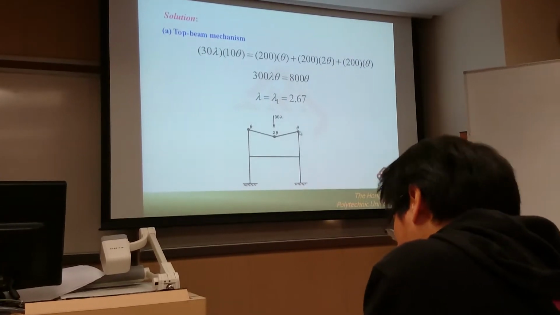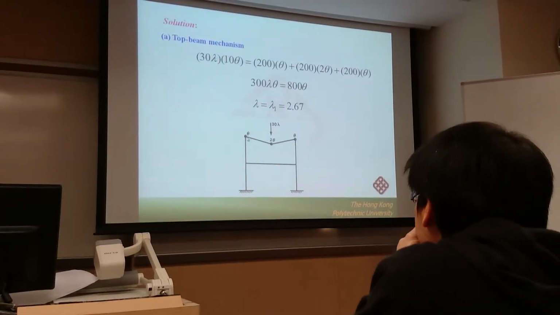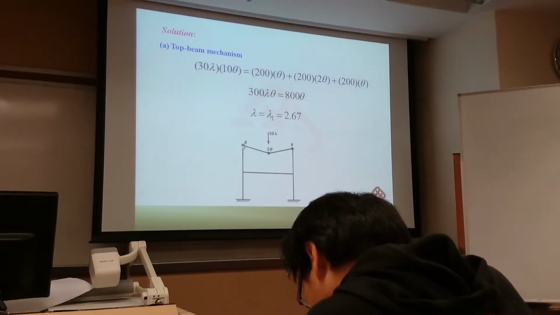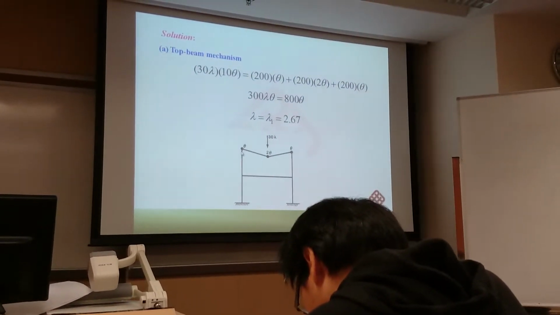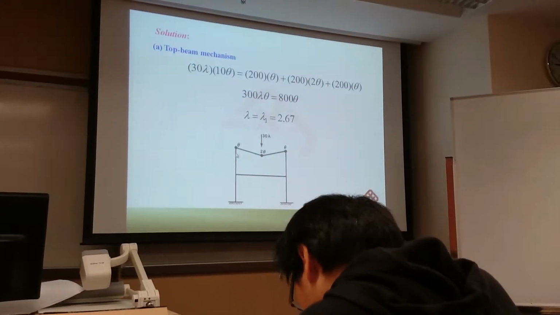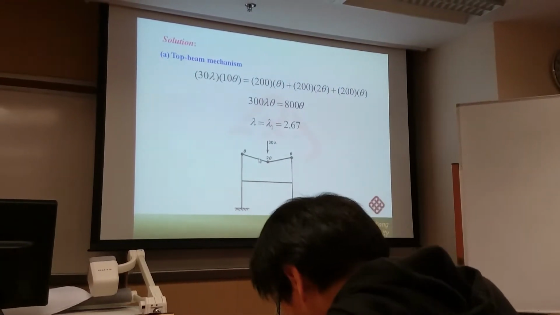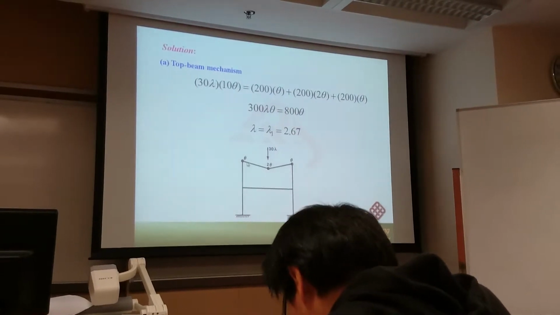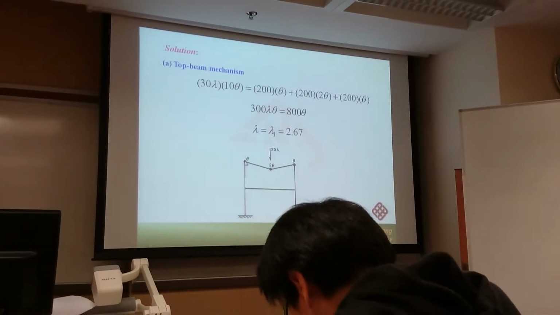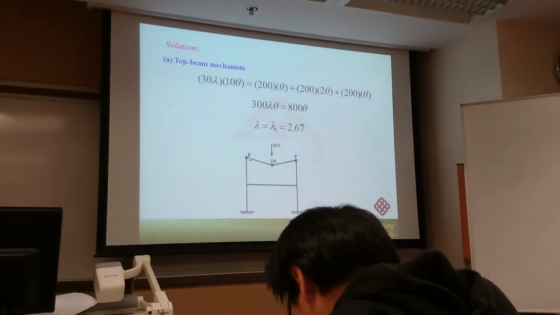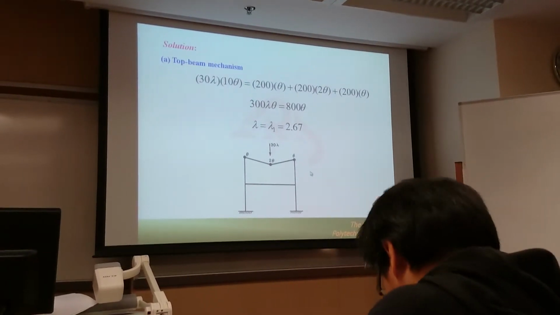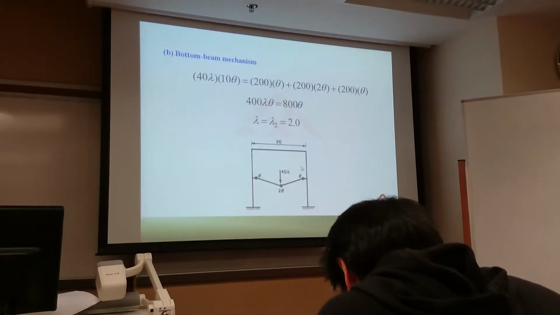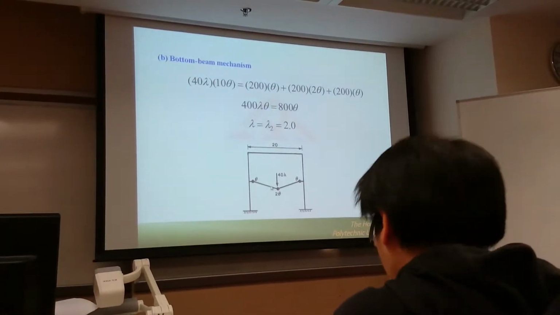But for the 2 plastic hinges at the 2 ends, you have to take the plastic moment equal to the lesser value between the column and the top beam, because this joint just connects 2 members, so you have to select the lesser value. So this is the first case, and in the second case we have a bottom